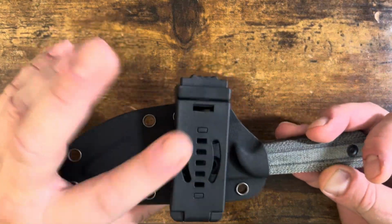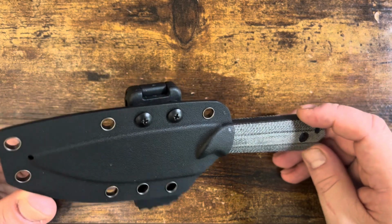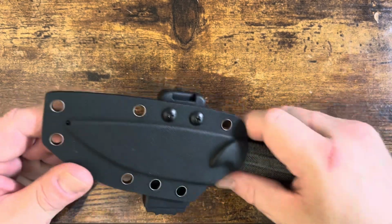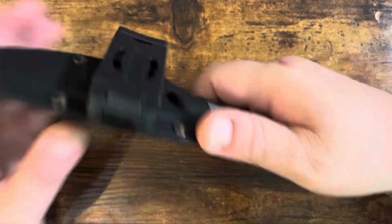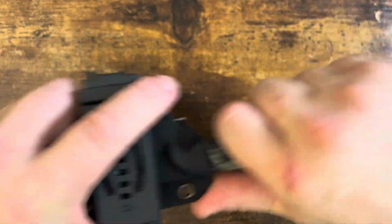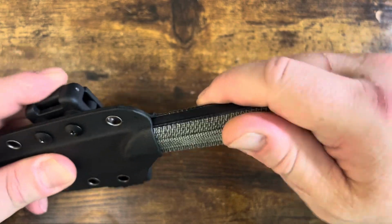I have this reset up for scalp carry. It's definitely something that you may or may not like. It does not come this way. It comes set up for up and down carry, so you can carry it on a belt or anything like that on a sheath, which works very well. It pops in and out very nicely, and it looks good either way. I kind of like the scalp carry because it doesn't have...